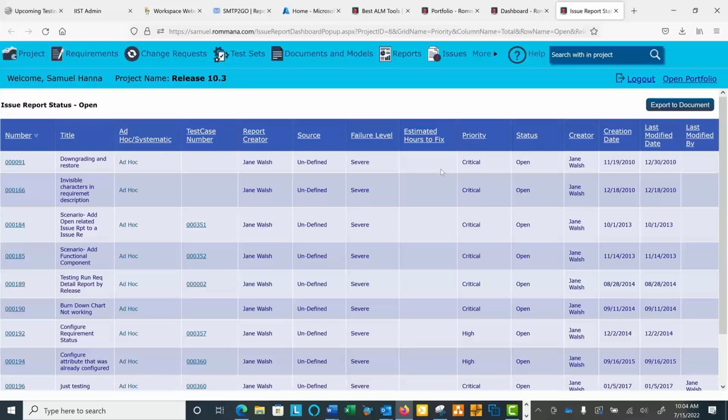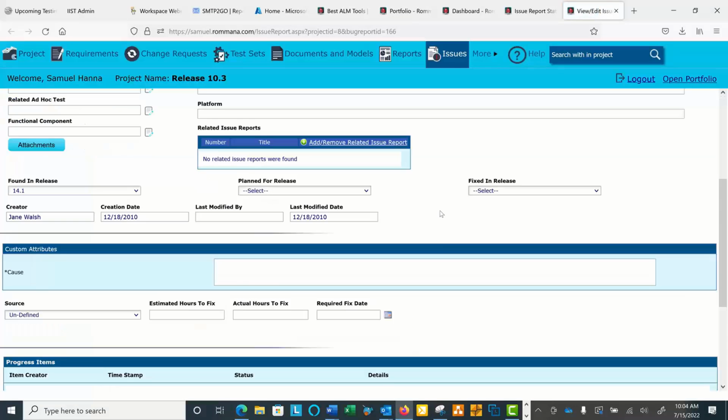again, all the reports within Rommana ALM are like that. They're clickable. So that's the issue number right here. If I'm curious about any one of those issues, I can click on this. I can get the details of the issues. All right. So